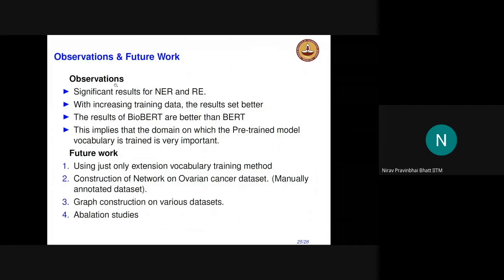Some of the important learnings here are that we have significantly improved results in NER and RE tasks compared to some of the algorithms available in the literature for these data sets. With the increase in training data, the results get better, and that's what we saw. We saw that BioBERT is better than BERT in several cases, but when we put in more cases, now both look the same. I have not shown those results here because I was not sure whether this conclusion is right. So I'm keeping this as a conclusion for now, and maybe we'll revisit it as we train on more and more data sets with the same approach.